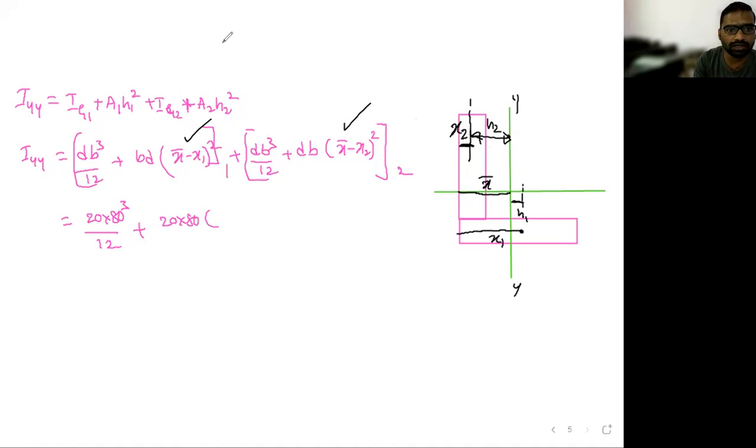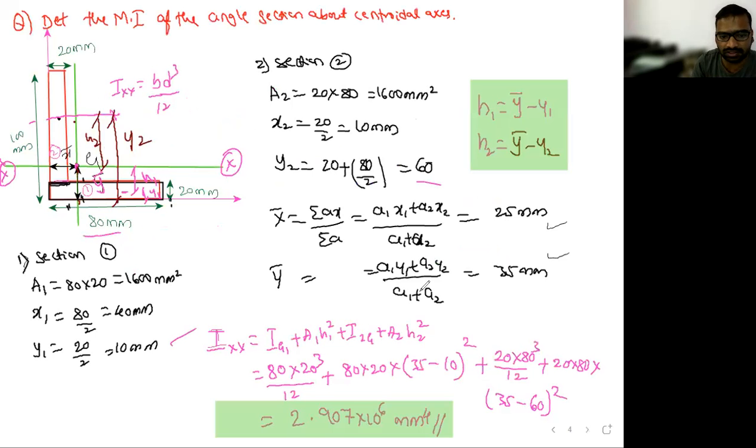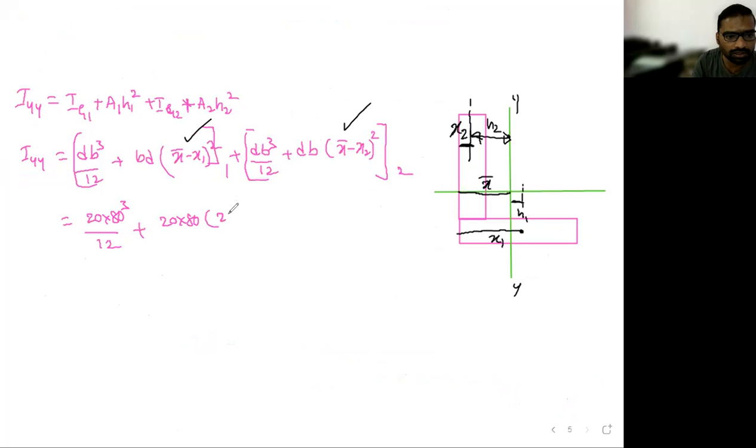Now I will write this one. I x x bar. What did x bar come to? 25 minus x1, how much is that? 40. 25 minus 40. Okay, that is done, the first section is done. Plus